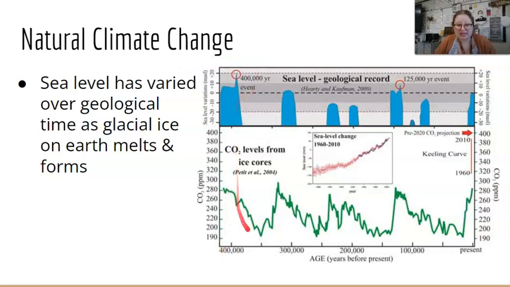So we can see there's kind of a relationship between CO2 levels in ice core. They drill into the ice, and they can see the CO2 levels from years ago. That's how we get this. We can see when there's a spike in CO2, which we can relate to higher temperatures because CO2 helps hold that heat close to the Earth, we can see that the sea level rose. So higher CO2, higher sea level, higher CO2, higher sea level, and even to the present time.